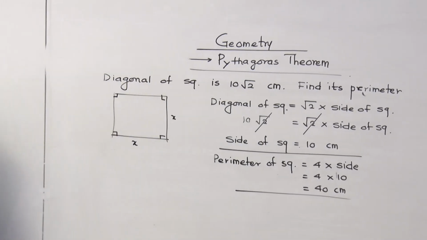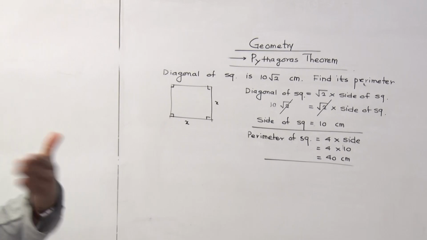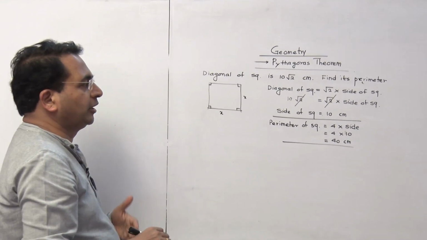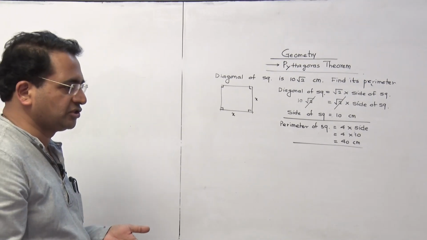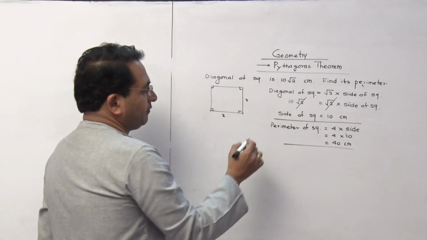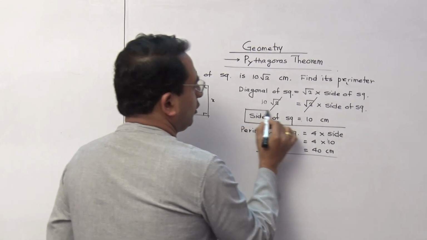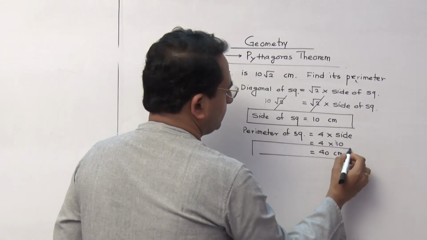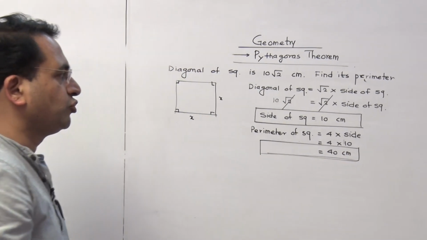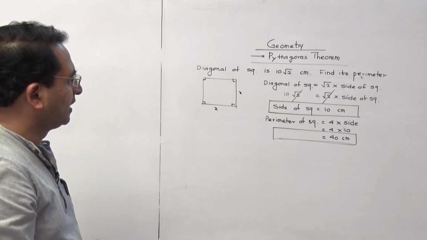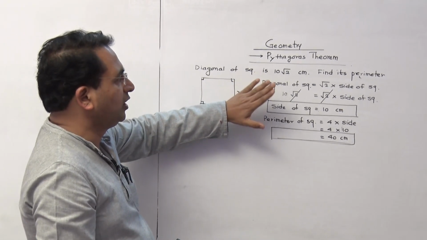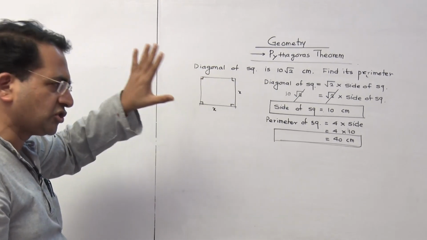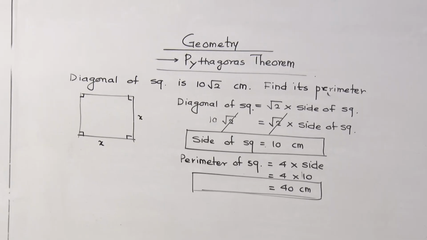Whatever I discussed in algebra, that whenever you are writing the final answer, that answer has to be either underlined or kept in a box. That depends on your patience and your comfort. If you are very comfortable with putting the boxes at ease without wasting your time, then you do it like that. These are the things which you are supposed to keep in mind. This particular question will not require any diagram to be drawn. Just write the formula and go ahead.